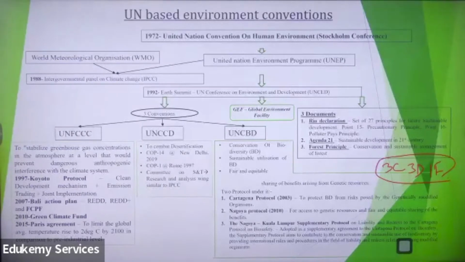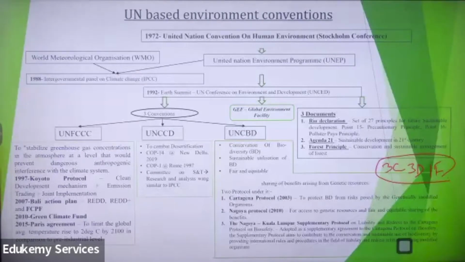The second convention is the United Nations Convention for Combating Desertification, and the third, for biodiversity, is the United Nations Convention on Biodiversity. These are so far also the biggest conventions of their respective field. When it comes to climate change, the apex body still remains UNFCCC, for land degradation UNCCD, and for biodiversity UNCBD, which is for conservation of biodiversity. Three